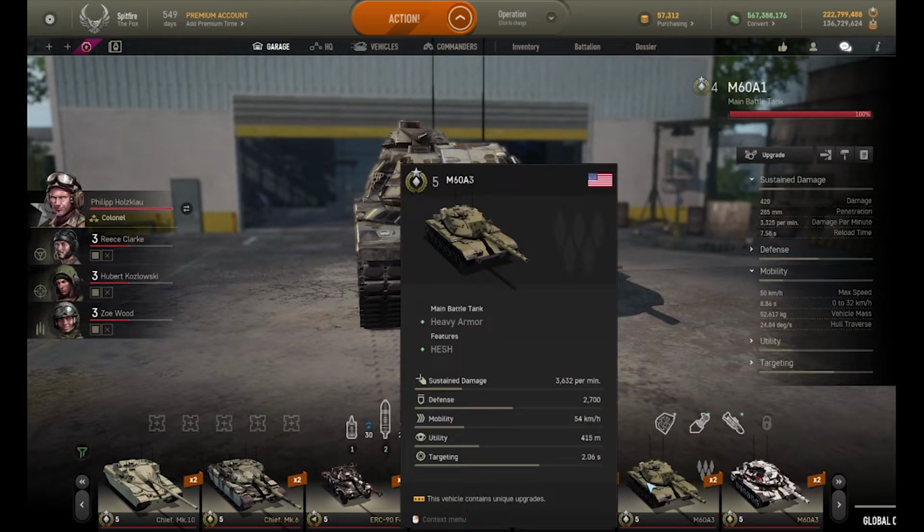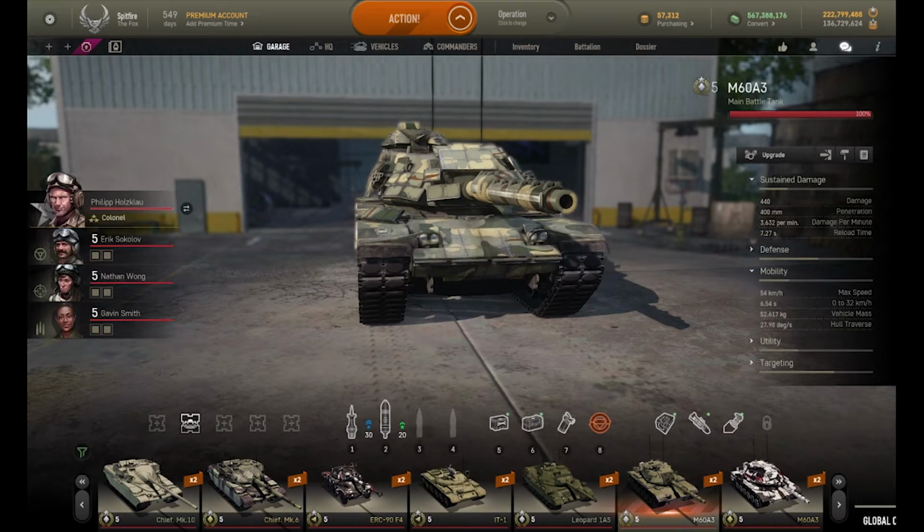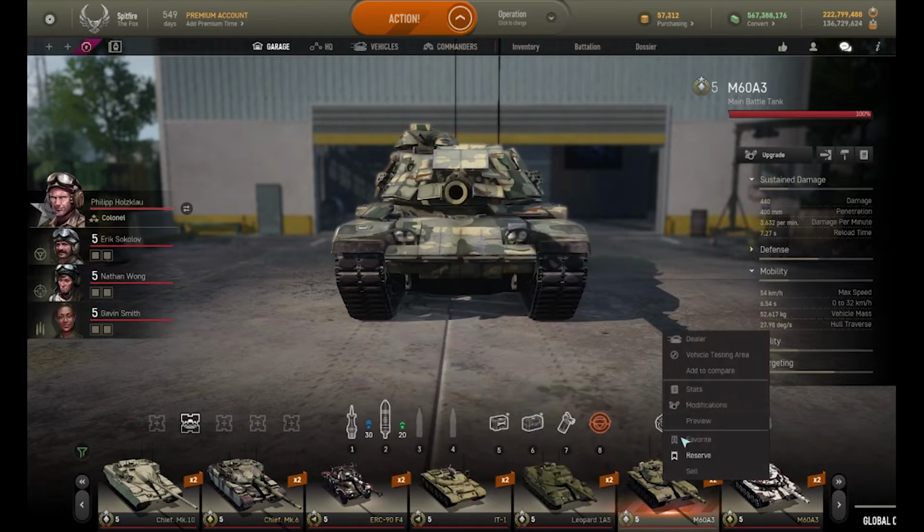The M60A3 is kind of worse for its tier than the M60A1 is, simply because it's now dealing with heat and HESH resistant vehicles. However, that doesn't mean it's still bad. It just requires a little bit more effort, generally speaking. So